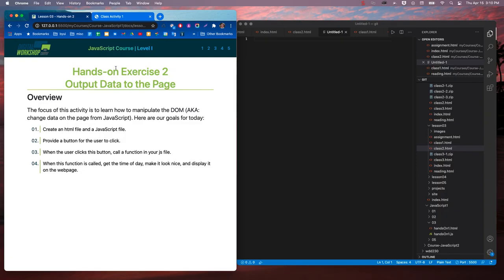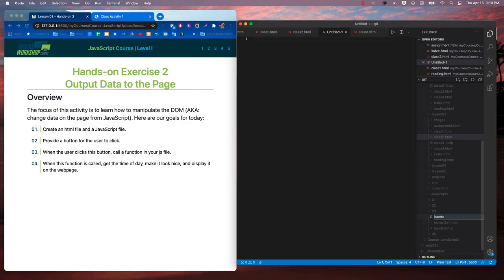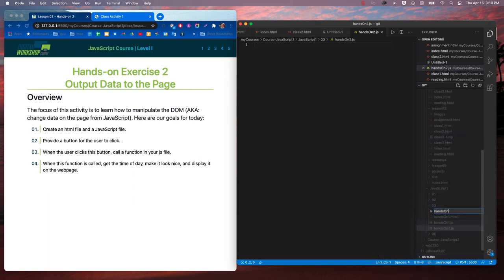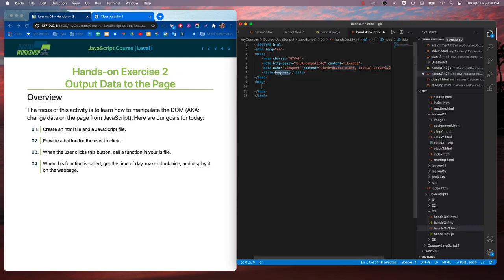Usually, at least up until now, we've been using alert boxes to display our data. We'll start there today, and then we'll go ahead and display this information on the page. So let me go down to here, and I'll make a new file. Inside of week 3, I'll say hands-on2.js, and I'll make another one called hands-on2.html. All right, .html, exclamation mark, and I'll say lesson 3 Hands-on 2,